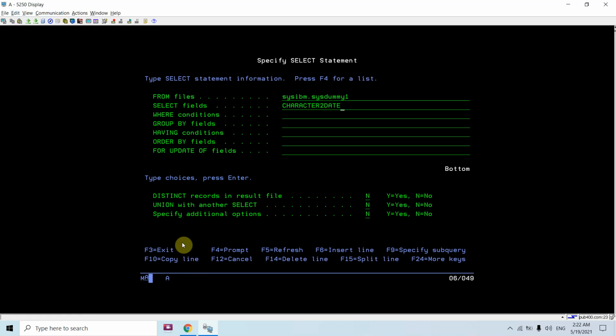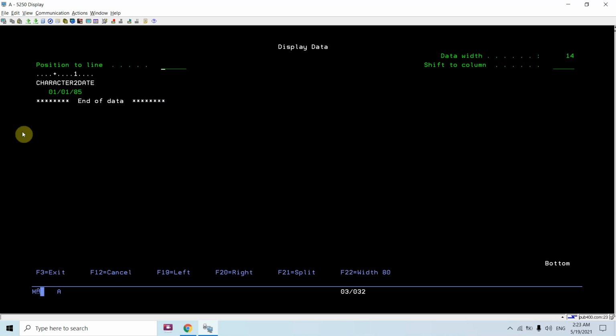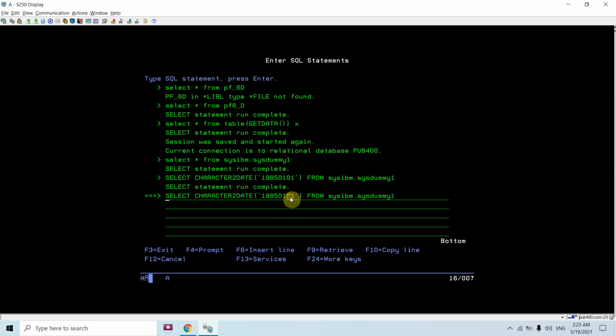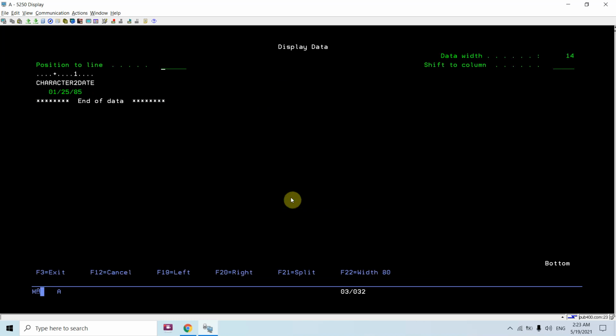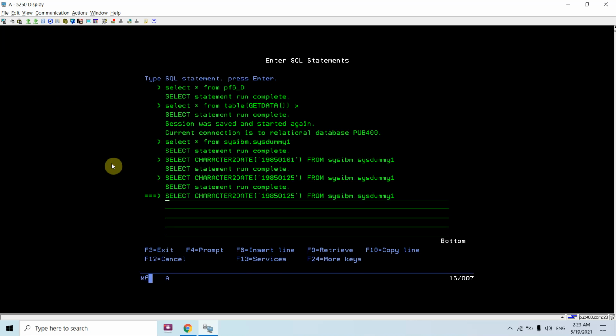I need to pass a value in year. Let's say this. If I pass this character value, then we'll get the date like this, first 85. If I pass 25 like this, you'll get, this is the month and this is the date and this is the year. Now if I pass 1939 1231,